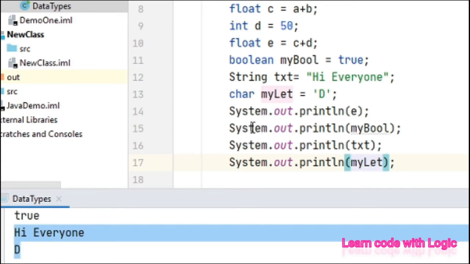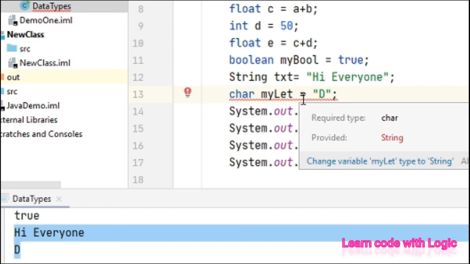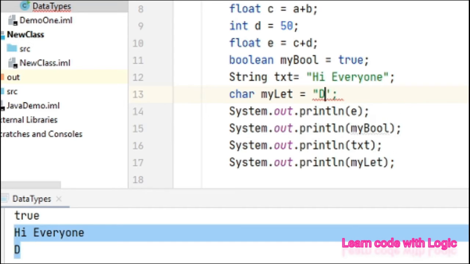What if we give double quotations? Let's see. If you give double quotations, it automatically treats it as a string. That's why it's throwing the error. When you are dealing with char data types, you should be very careful. Give single quotations.